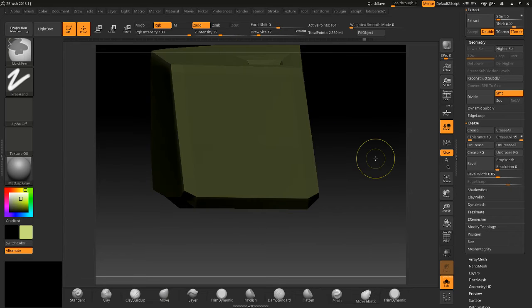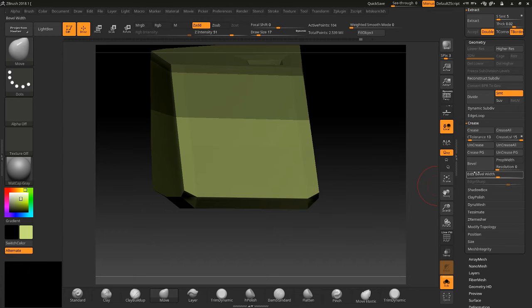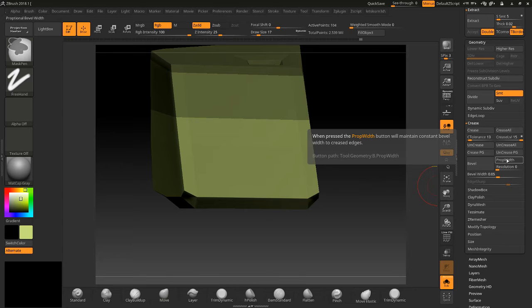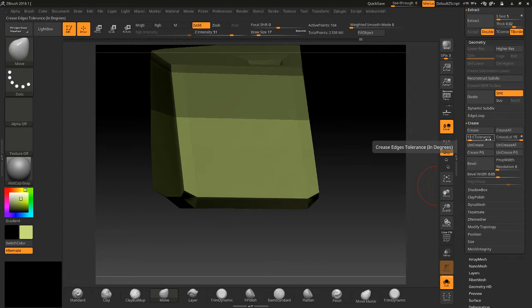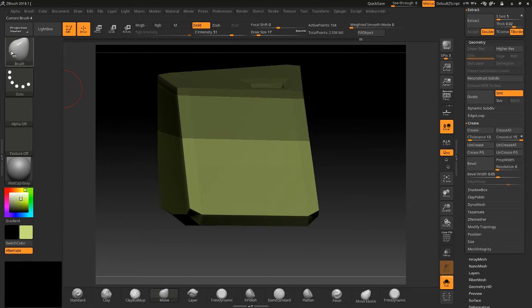This would probably work better with a better shape, but you get it, hopefully. Proportional bevel width. There's a lot of crazy settings in here. When pressed, the prop width button will maintain. Let me also explain something: with all this crease stuff, you can do a lot of this with that Zmodeler thing now, because this was before Zmodeler. So most of the time we just use Zmodeler for the most part, but